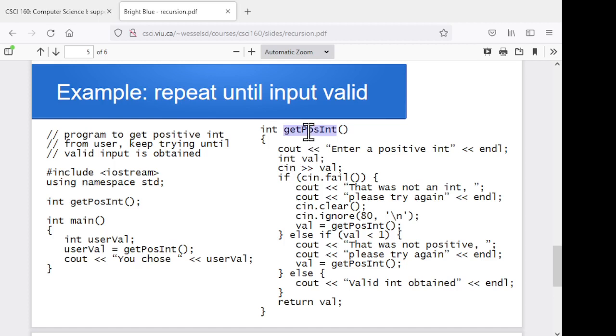So this getPositiveInt routine is going to ask the user, please enter a positive integer, have a variable stored in, and try reading it in. And then we have to see if it works. So if it failed, so we'll check cin.fail first, that means that they entered complete garbage. It wasn't an integer at all. So we'll give them an appropriate error message, say that wasn't an int, and then we'll ask them to try again. But again, because it failed, we have to get the garbage out of the input. So we'll do a cin.clear and a cin.ignore. So that's got rid of the garbage that they typed in, and now we can actually get them to try again. So here, we'll call getPositiveInt again,